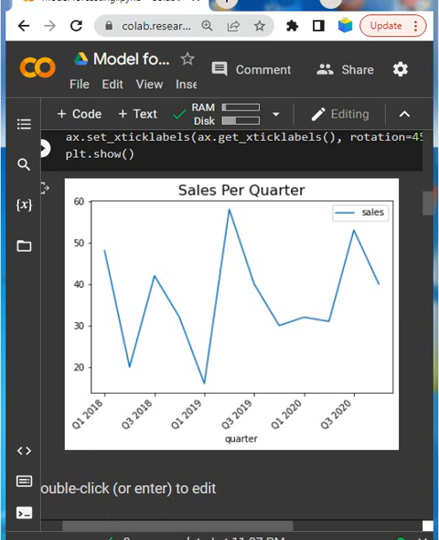So let's see. What you can see in this graph does not resemble the previous example. There is no clear linear trend, so it neither increases nor decreases, and there is no clear quarterly seasonality either.